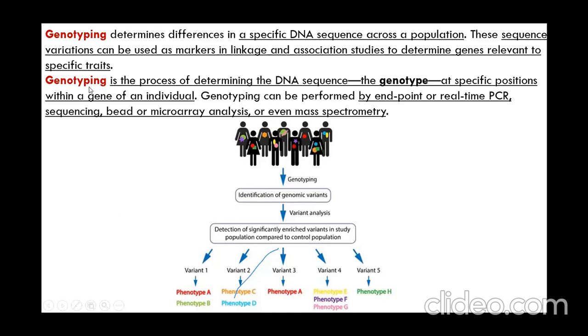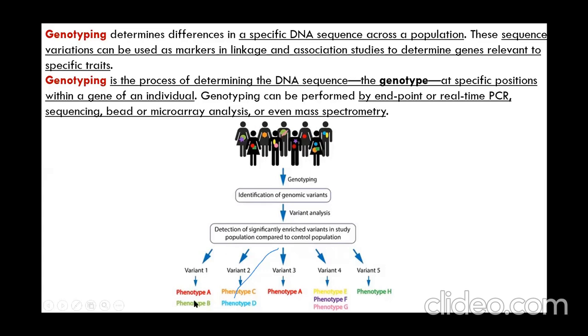You have to determine the whole variability of these 3000 bases, and genotyping helps to reveal differences in specific DNA sequences across populations. For example, given a population, you need to identify the genomic variants of the given gene length, and then see why the variants are important, what the frequency of the variants is, that is allele frequency, and what phenotypes come from this. Each variant is important for studying genotyping.